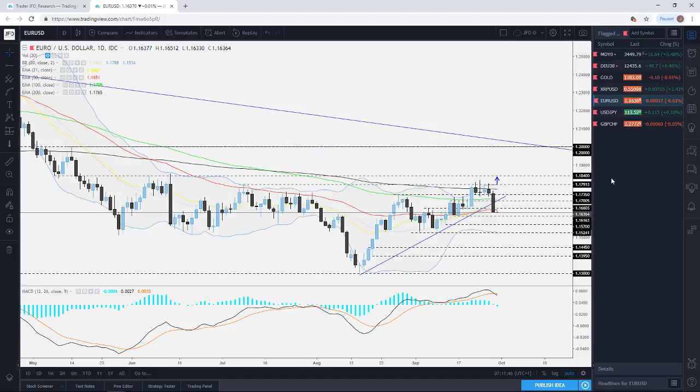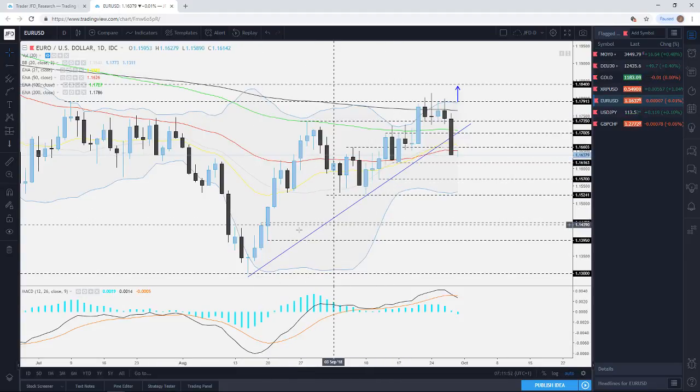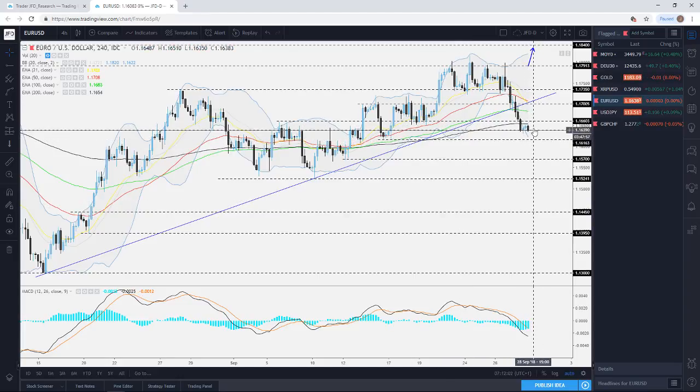Let's have a look at the euro dollar. Now the euro dollar is in selling mode since yesterday. As you can see, we finally broke this key upside support line. Let me just jump into the 4-hour chart on this one quickly, and this will draw us a better, more clear picture. So as you can see, there's some weakness kicking in, and of course, the moment it's kind of aiming for yesterday's lows near the